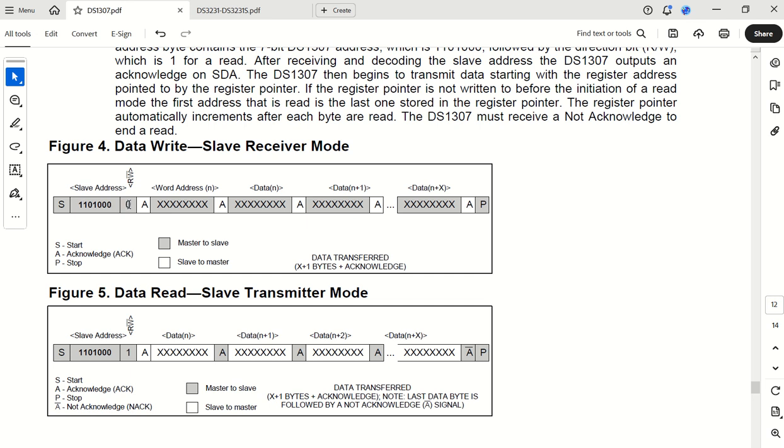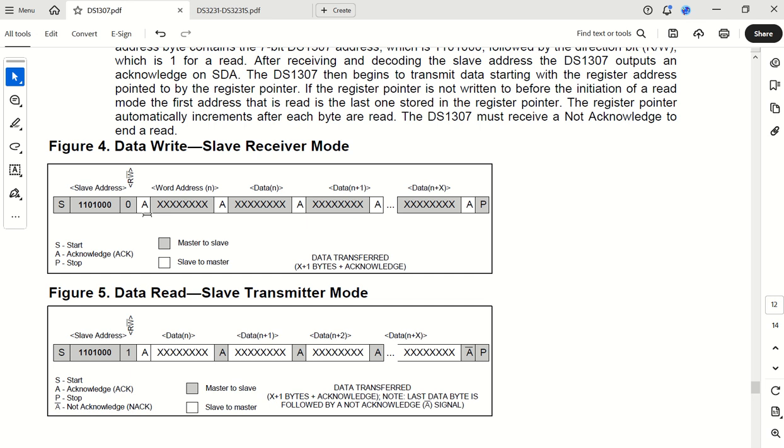But if you want to write, that 0 also becomes part of that first 8 bits. Which means if you place a value of D0 into this first slave address, it is actually going to activate this specific device, the 1307, and the 0 will indicate that we're in the process of writing data to it.